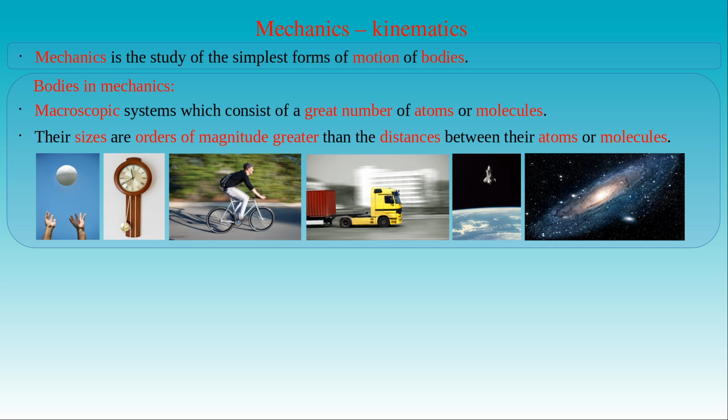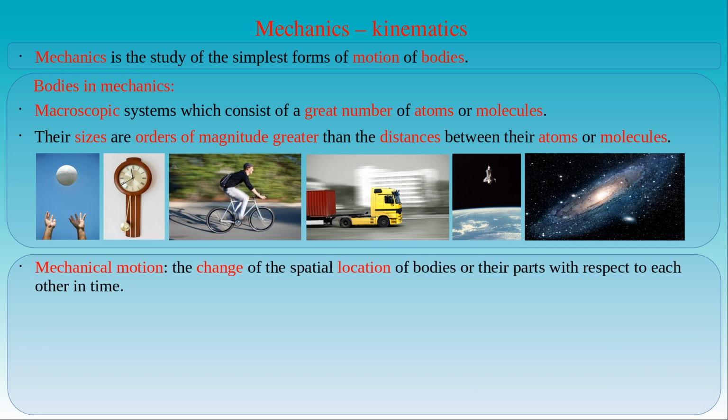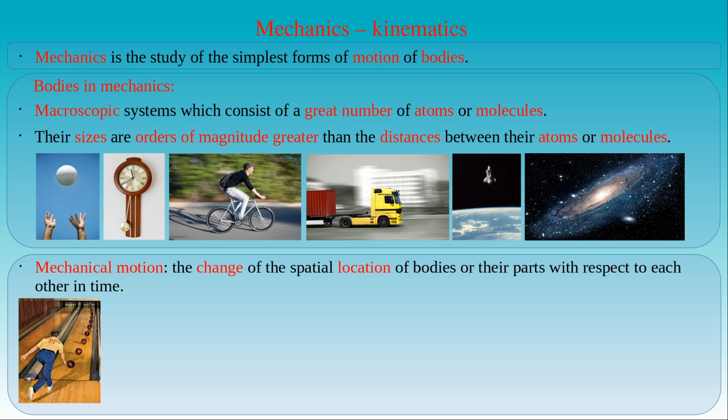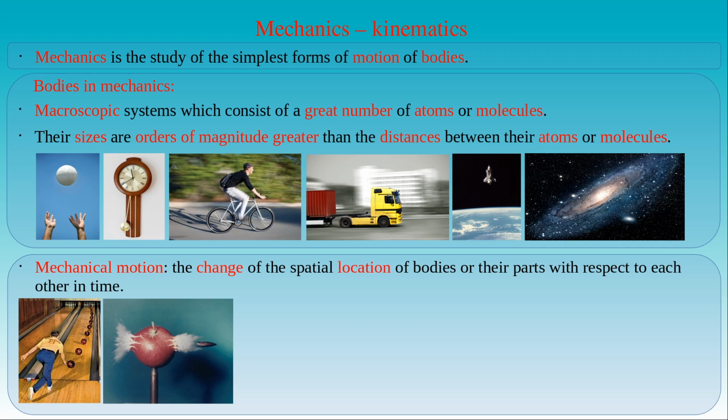The mechanical motion is the change in the spatial location of the bodies or their parts with respect to each other. This simple definition can be easily demonstrated in the following examples. In the first example we see the snapshots of a bowling ball thrown toward the pins. The sequence of shots indicates that the ball can be found in different locations in consecutive instants of time. If we connect the locations of the ball in the photo we obtain its path or trajectory along which it moves. Another example is the photo with a bullet going through an apple in slow motion.